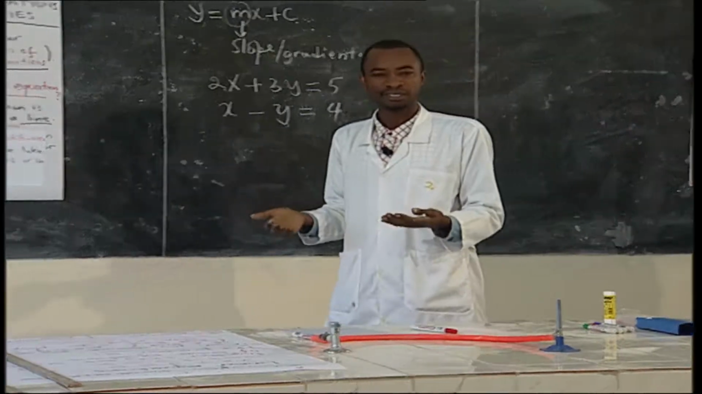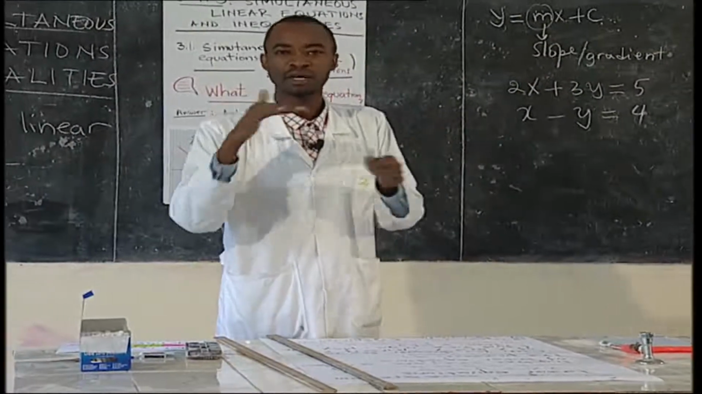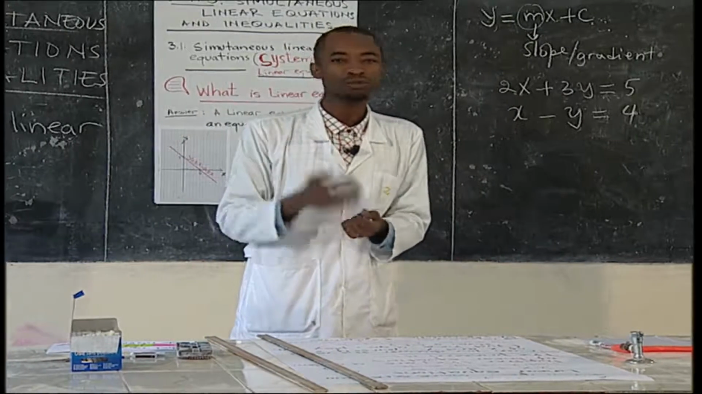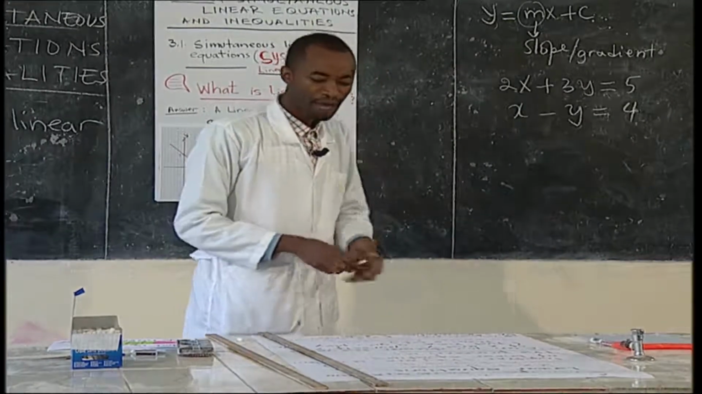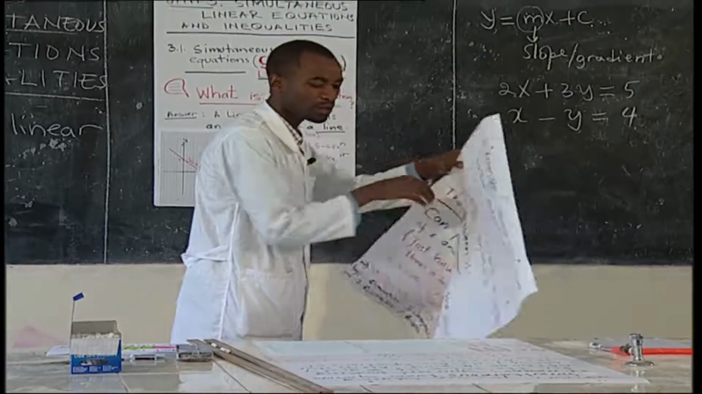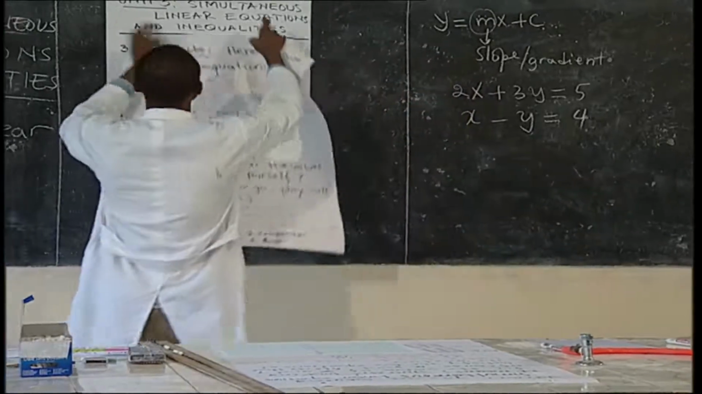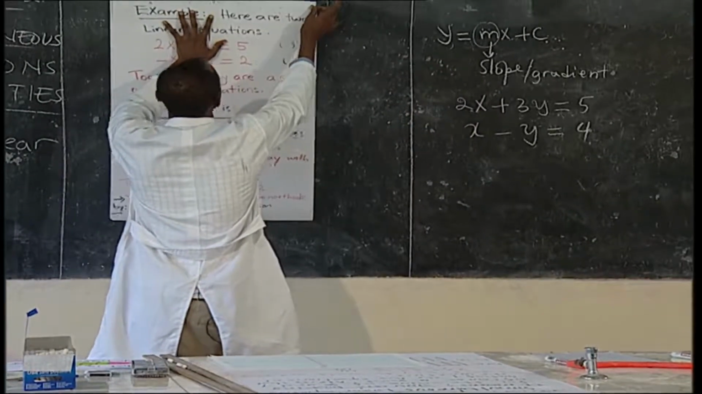Why do we call it a system of equations? It's because it brings two equations together. It forms a set of two equations. I have one example for you of a system of equations or simultaneous equations. This example, as you can see here,